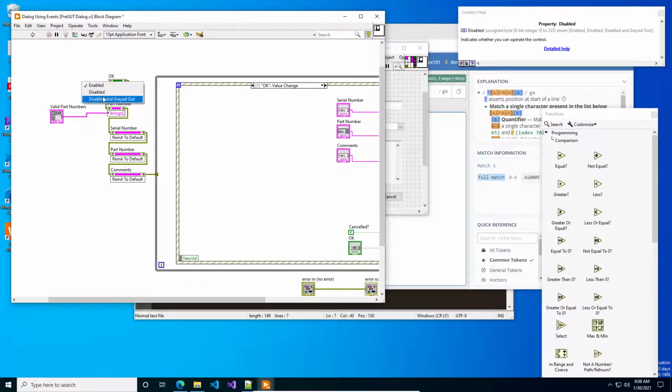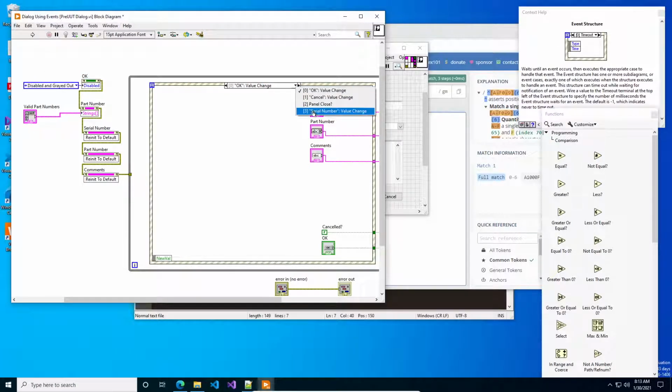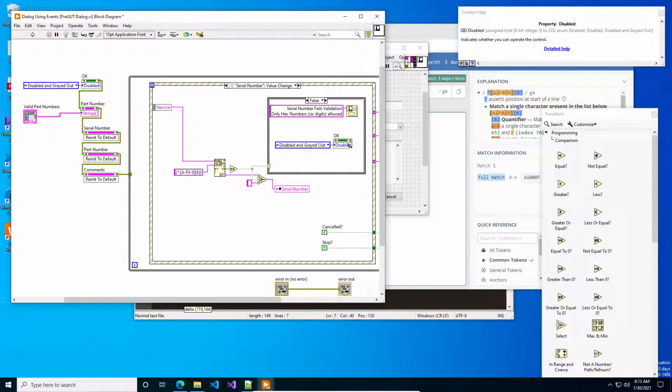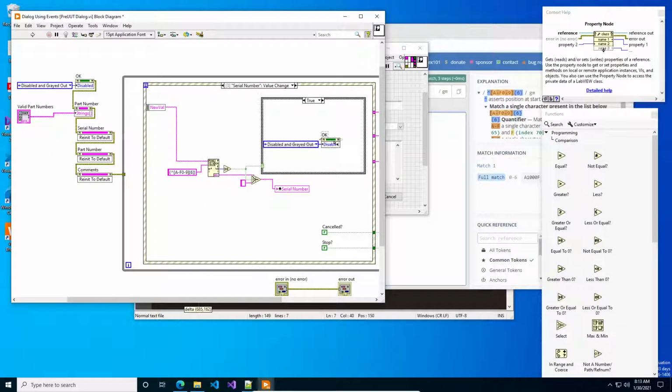Okay, it's going to be disabled and grayed out is what you want. Then we're going to do a simple case where in the serial number value, we're going to put it in and make sure that if it fails validations, it's disabled and grayed out. If it passes validation, we'll enable